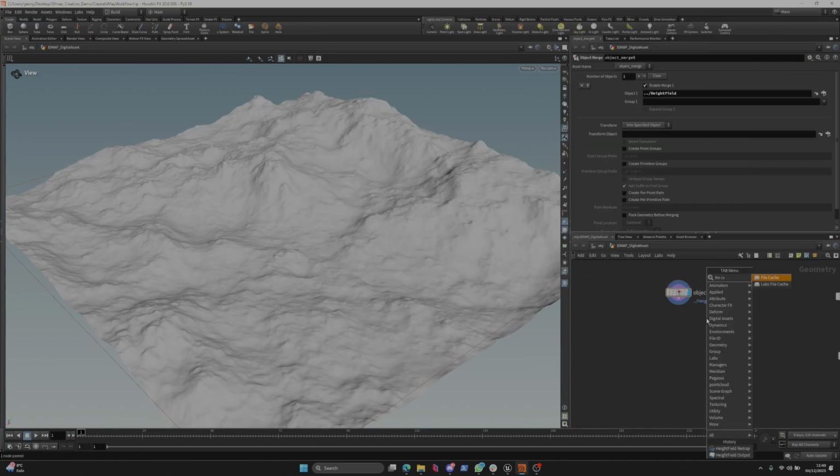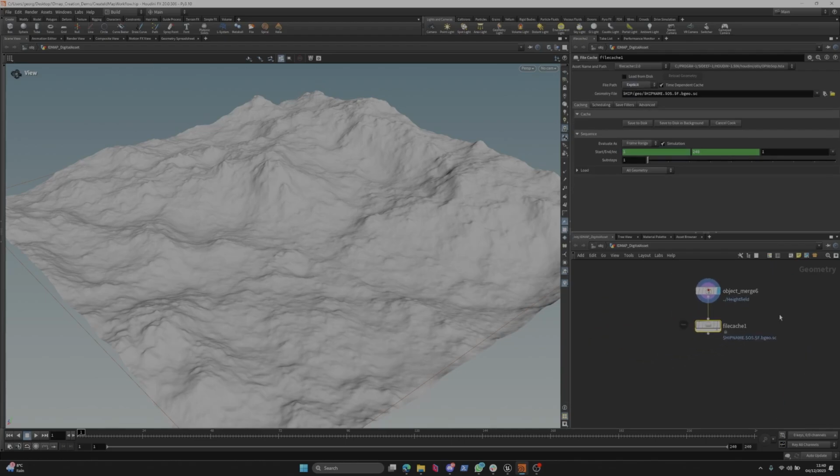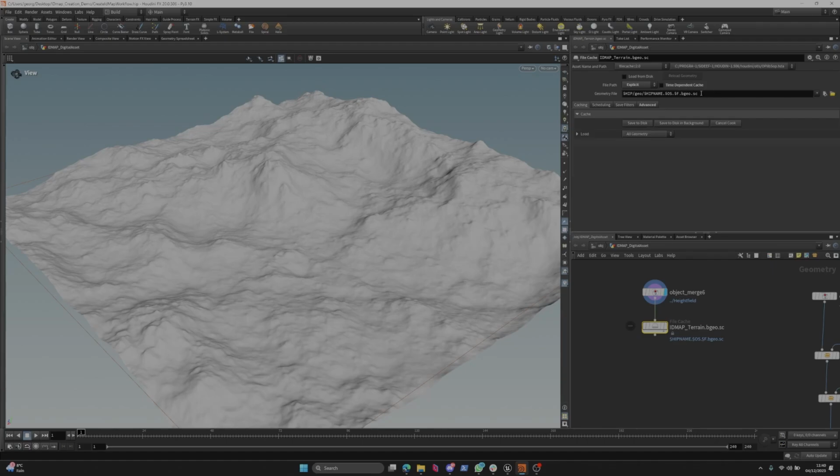And then I'm just going to create a file cache node. And we're going to say that we want this to be an explicit cache. So we're just going to name it. I'm going to call this the terrain.bgo.sc. So that's the output file. In fact, let's go and call that the ID map terrain.bgo.sc. It's not a time-dependent cache, so we can untoggle that, and we can remove this last part of the